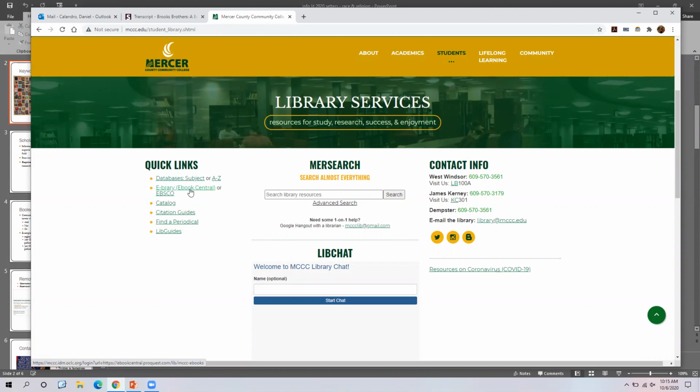Now, if you want, you can find some electronic books via MerSearch. I showed you guys last time how to use that content or source type option where you could go and select books and things like that. I'm going to show you eBrary because the interface is a little bit different. Plus, it's going to save me that step, and I can just search through books already. So go ahead, click on eBrary, and it'll bring up your eBrary database.